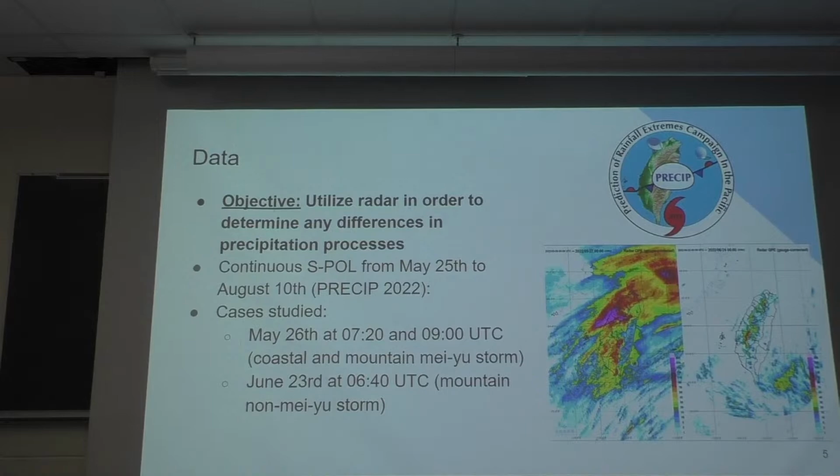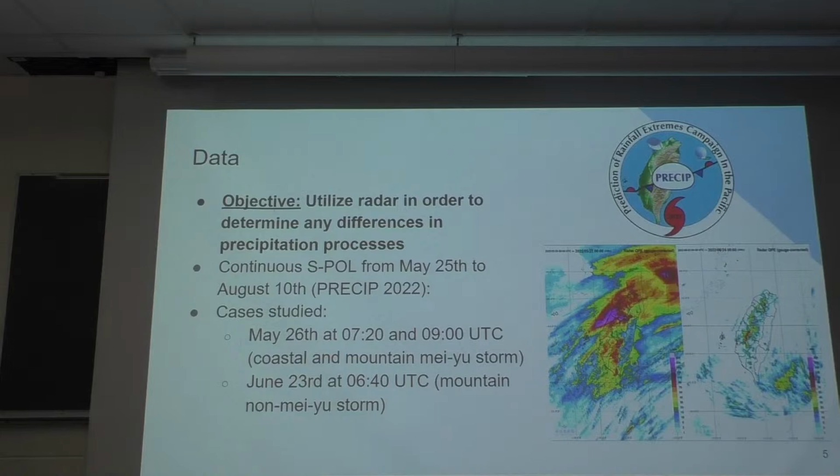So, using the continuous SPOL radar from May 25th to August 10th from the PRECIP campaign in Taiwan in 2022, we are planning to use this radar data in order to determine any differences in precipitation processes. So the cases that we found that would help our process were an example on May 26th, a storm that